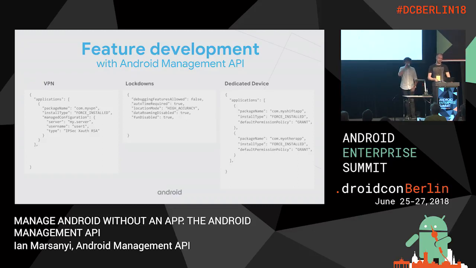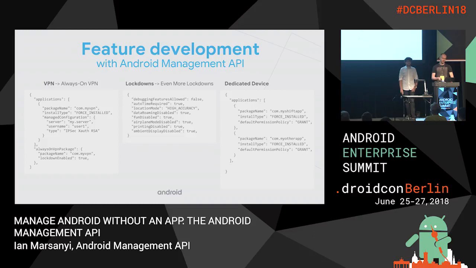Right. This is how typical feature development may look. On the left, in the policy example, there is a VPN app configured, and let's say you want to enable always-on VPN. So just add these 3 lines. In the center example, you may have a kiosk device configured with several lockdown functionality, and Android P comes out with more features like that, and you add 3 lines of policy